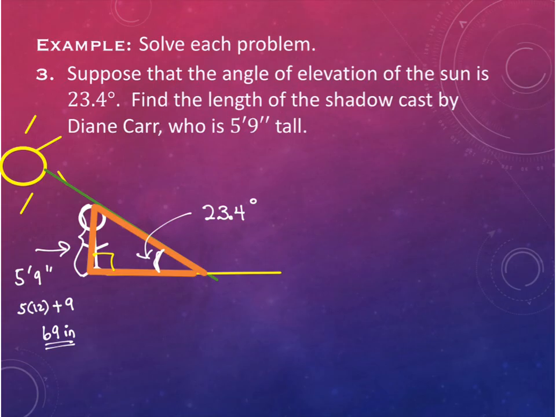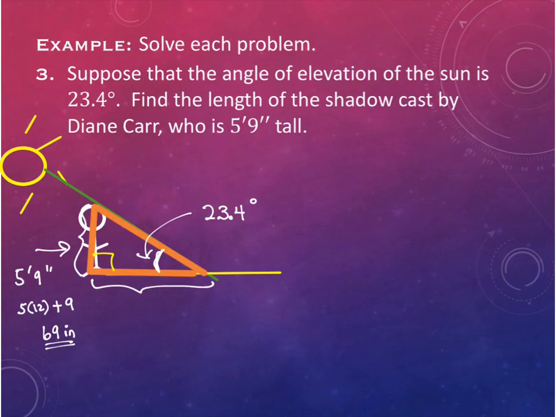If you change it into feet, it's fine too. The problem still, at the very end, we may want to put it back in feet when we're done. It doesn't actually tell us how to put the answer, so we have some flexibility. MyMathLab might tell you how long is the shadow in terms of feet or inches, in which case that tells you which one to put it in. But we're going to do it in inches since that's the one that was mentioned. All right, so we've got a 69-inch tall person, and we've got this angle of elevation that's 23.4 degrees,